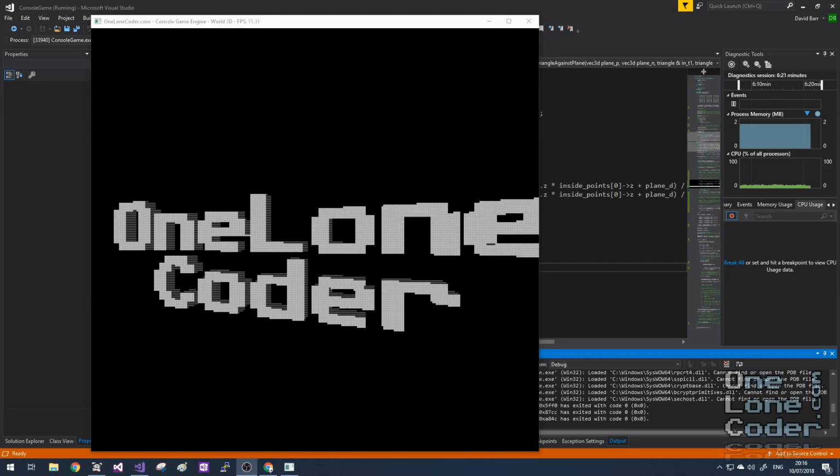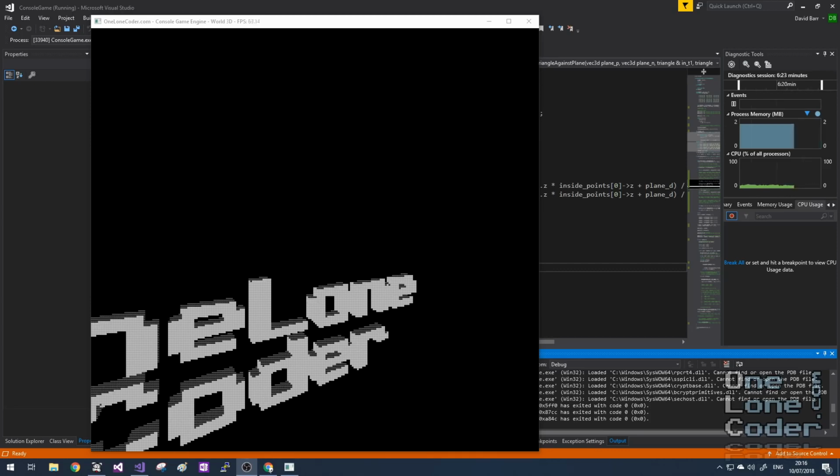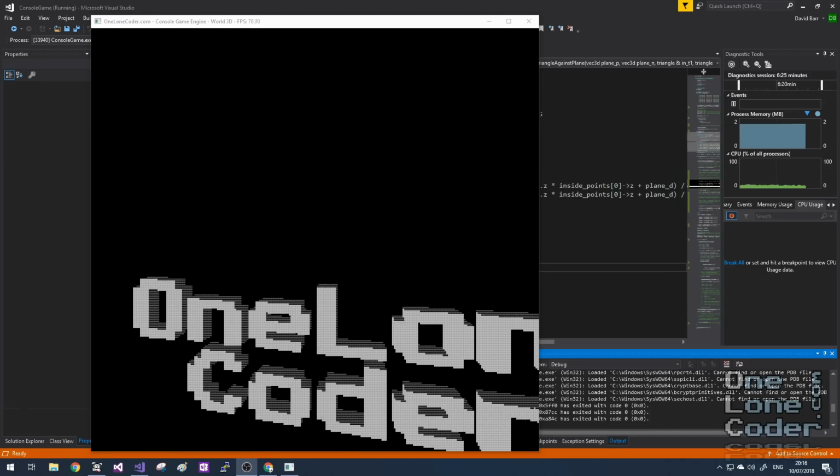I've implemented a first-person shooter style camera, and we can elevate the camera up and down too. Now we won't get quite that far in this episode, as this is just episode 1. We're really going to look at the fundamentals that are required as part of a 3D engine. But as the series progresses, I'm going to add more and more features to turn it into quite a sophisticated